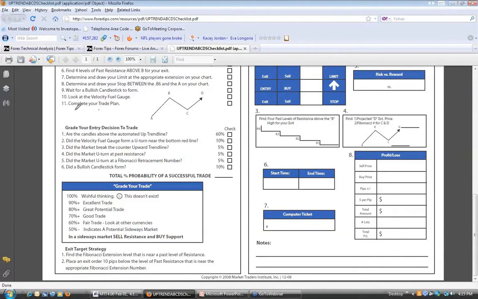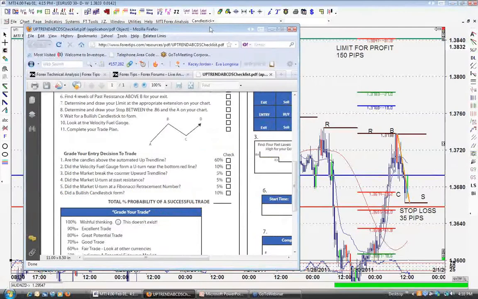And what we're going to find is that when we're done planning our trade, we're going to be able to come in and actually grade our trade. We're going to know before we pull the trigger what the risk is, what the profit potential is, and we're going to know what our chances are of even winning that trade by gauging the probabilities. We're going to find out what the odds are of us winning or losing before we risk our money. So by trading the ATM strategy, this is what it looks like on a chart.